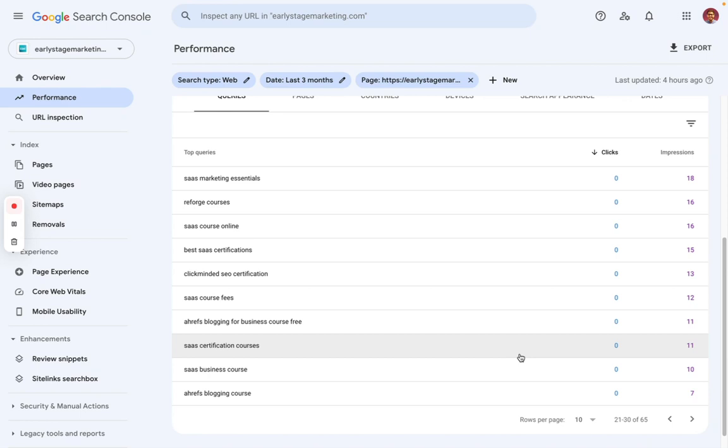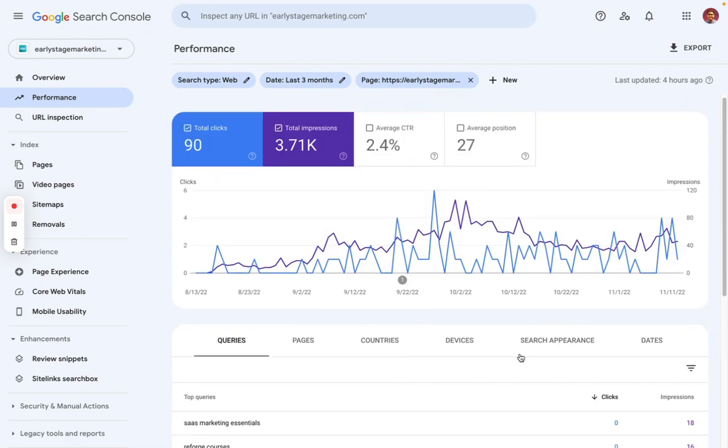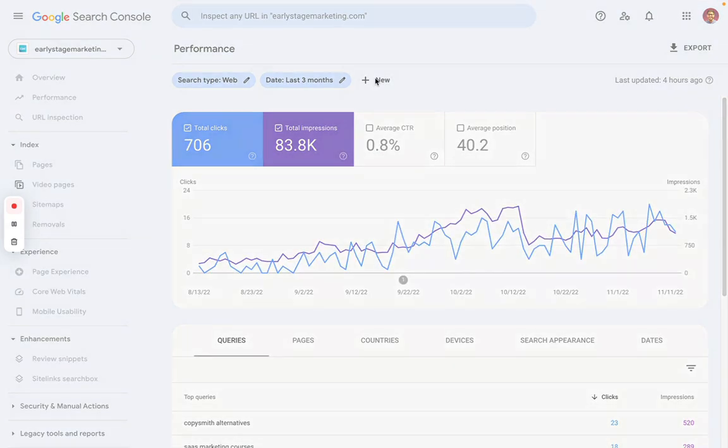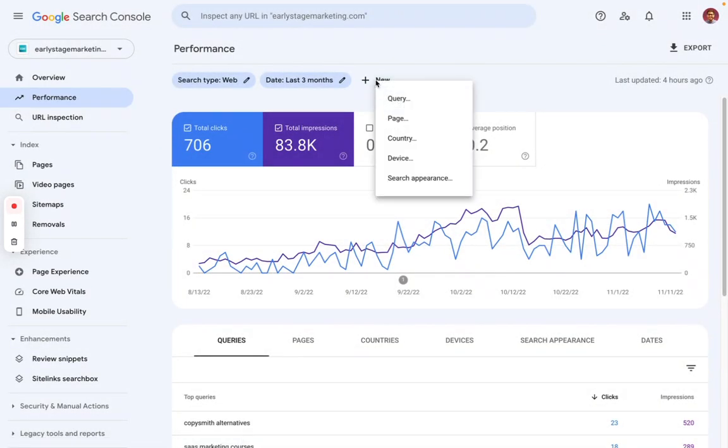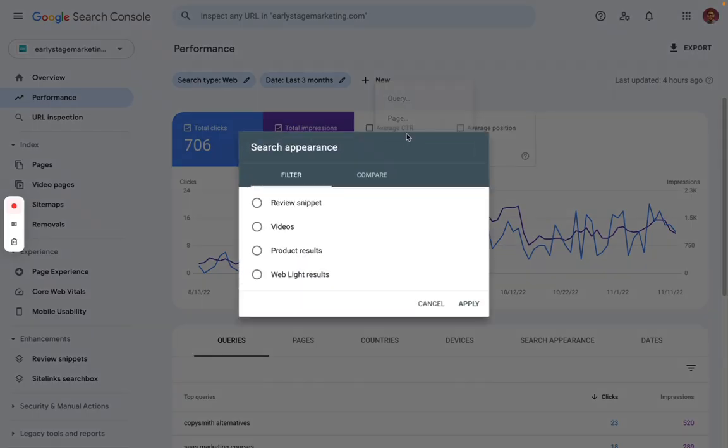So these are just some of the tips and tricks that you can use Google Search Console for. You can just play around with it. It's a pretty big one, right? So for example, another thing that I've not shown you, this is a rabbit hole to get into, but another thing that you can try is, let's say you want to look at